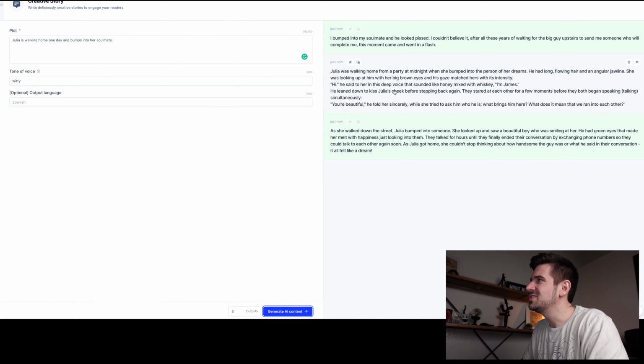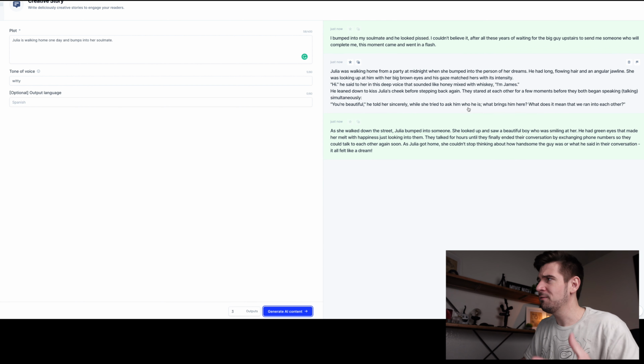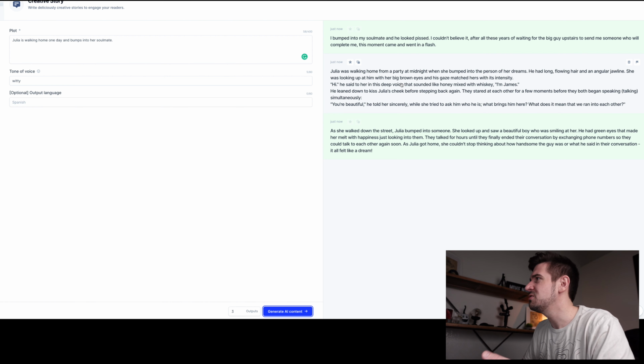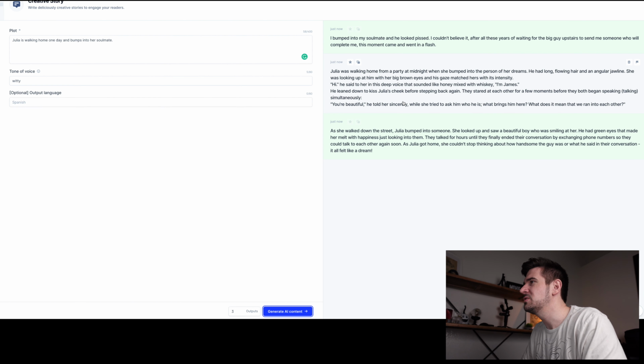What does it mean? So as you can tell, I like the beginning part of this story here, but the bottom has a little bit of issues here and there. So it's not a perfect thing, but it does have really good quality content, I feel like. And the English, the way that the AI generates content, it seems like it's a real person for the most part. Obviously, there's a few parts in here you're going to have to adjust and whatnot, but that's kind of standard with stuff like this.